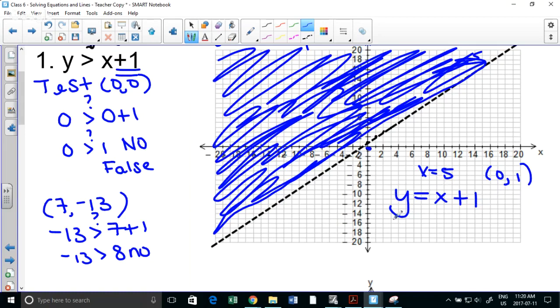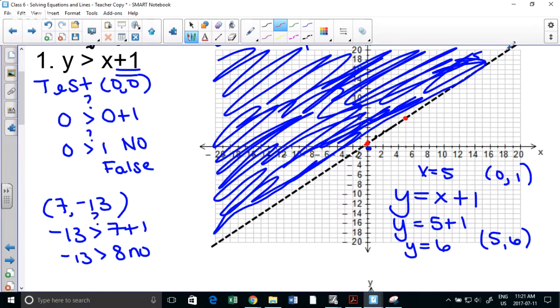And then I could say x is 5. So y is 5 plus 1. y is 6. So I have another point, 5, 6. So I could plot these 2 points. That's the first one, in red. 5, 6 is the second one, and I would sketch the line through. So graphing, it's really up to you. At the end of the day, you need 2 points, and you sketch through to make your line.